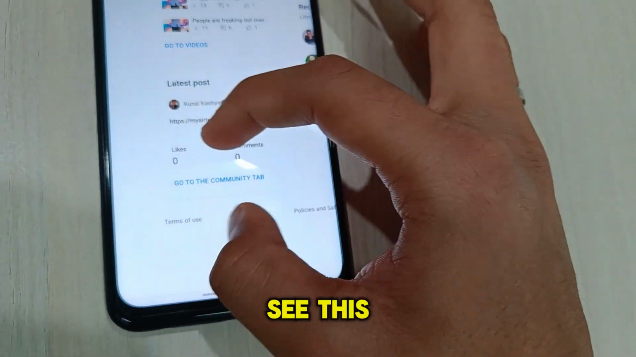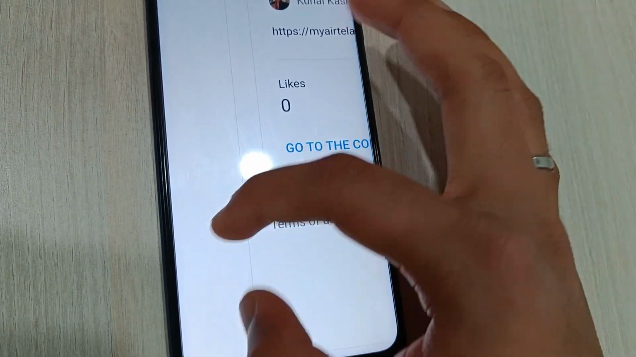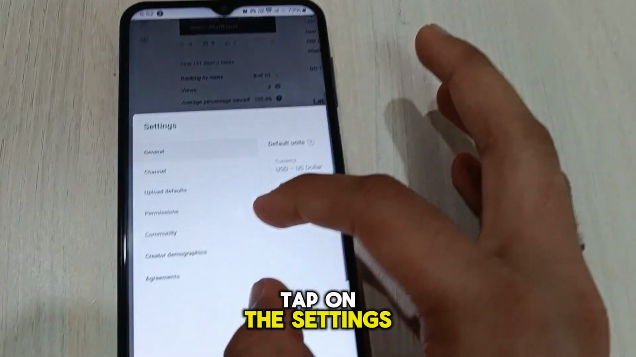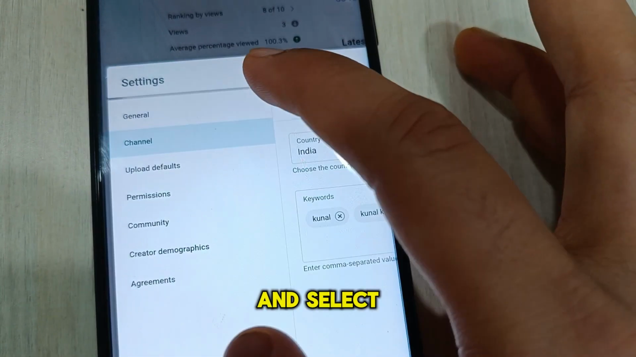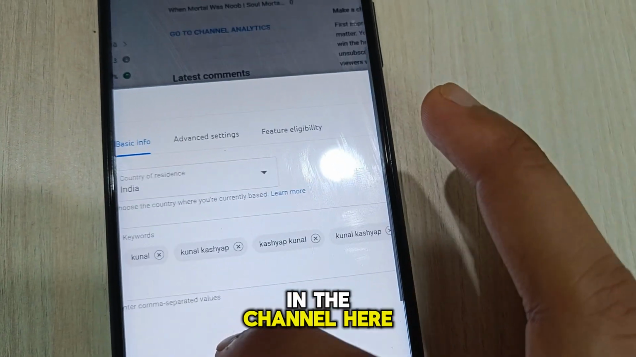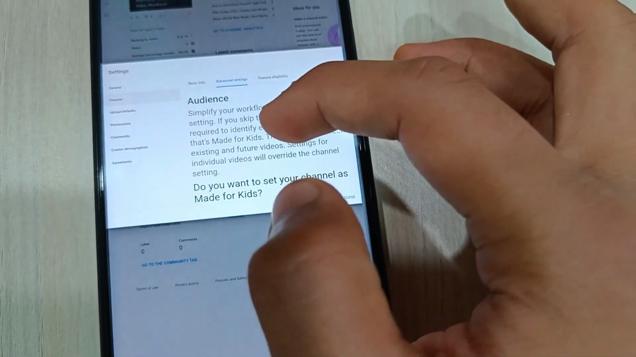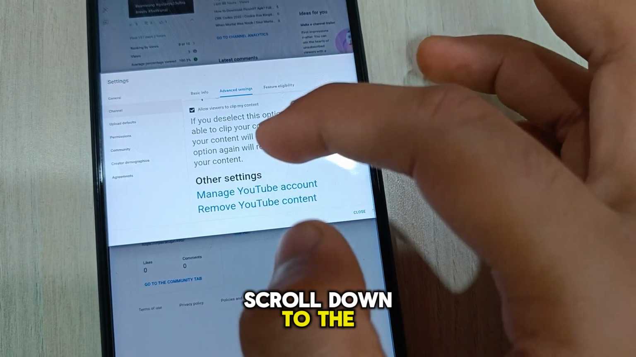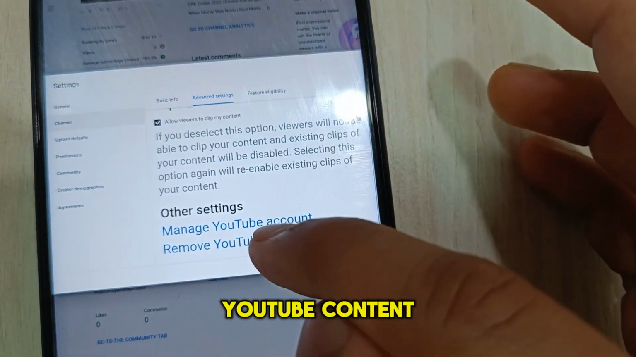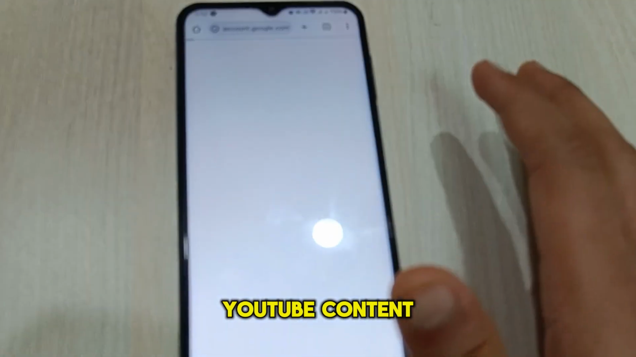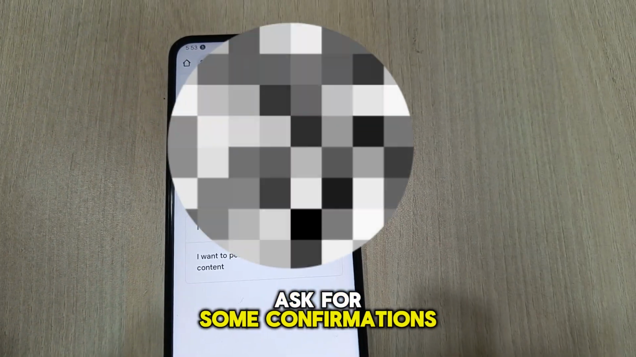As you can see, here you will find the settings icon right below this. Tap on this settings icon. Here you have to find and select channel. In the channel, scroll over here, tap on advanced settings. Let me unzoom it. Scroll down to the bottom and tap on remove YouTube content. The step doesn't end here. Tap on remove YouTube content and here you will be asked for some confirmations,